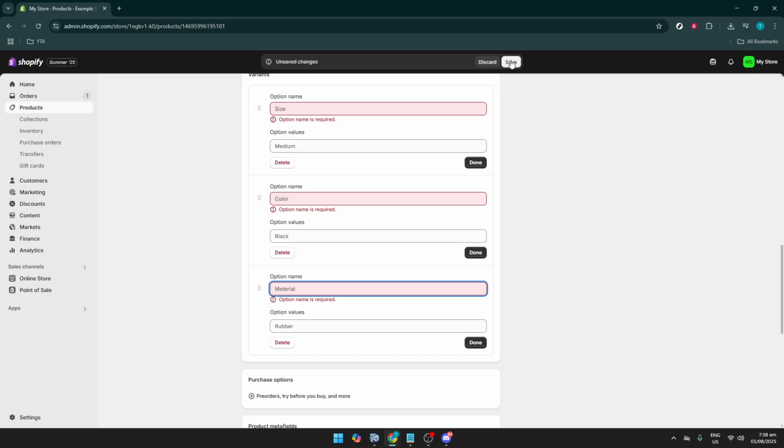Now, when customers visit your store, they will see drop-down menus that correspond to the variants you've set up, allowing them to choose exactly what they want. That's all there is to it. It's a straightforward process once you understand the layout, and it's incredibly rewarding to equip your store with these flexible